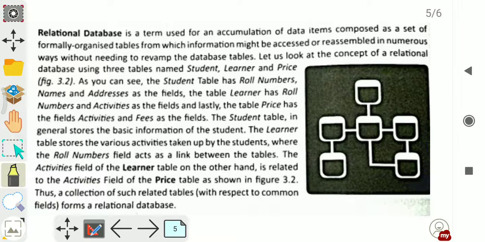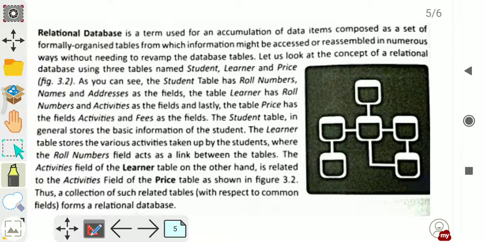For example, roll number, registration numbers. These things are unique for our students, if we talk about a school management system. The enrollment number or registration number is unique. Likewise, in vehicles we can see the car number.